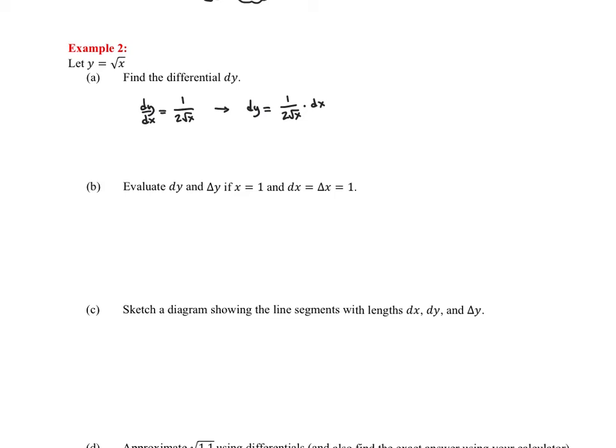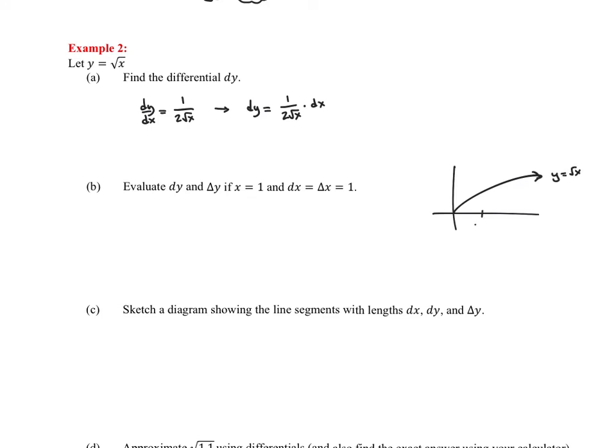Okay, so evaluate dy and delta y if x equals 1 and dx equals delta x also equals 1. So what this is telling me is that, and I'm going to probably go over this sketch in just a moment. Actually, I know I will. But if I've got the square root of x,